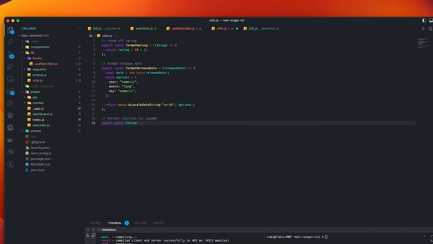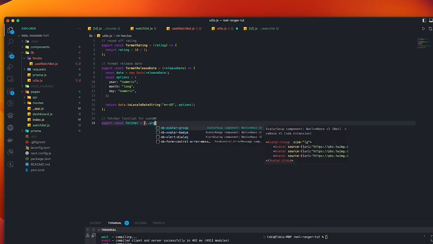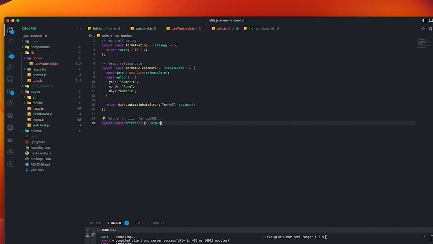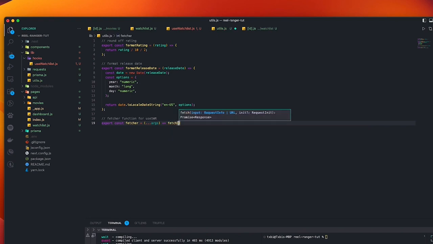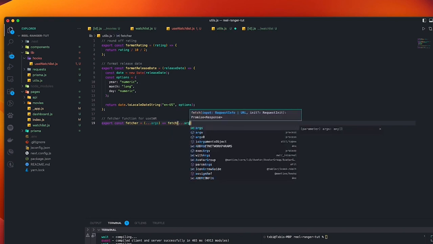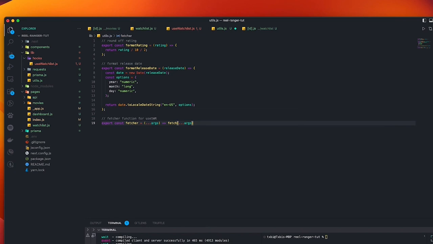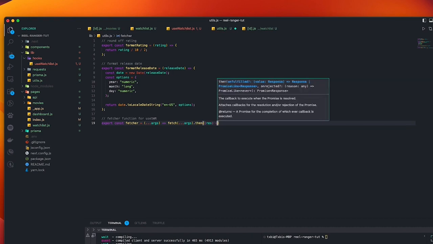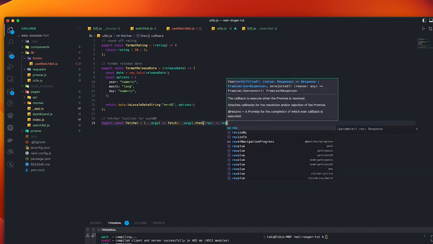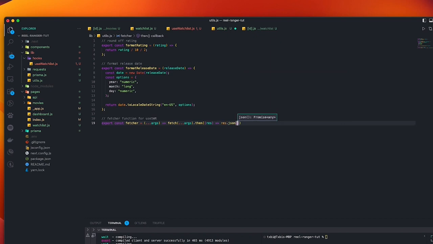It's going to be equals to taking some arguments, and then I'm going to fetch those arguments, dot then the response, then res that's JSON. So this is the fetcher function,